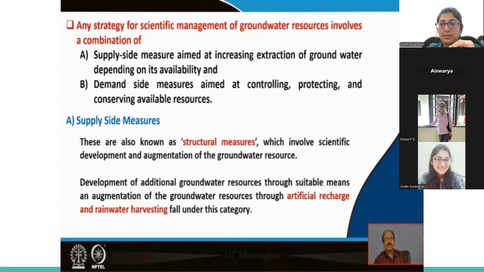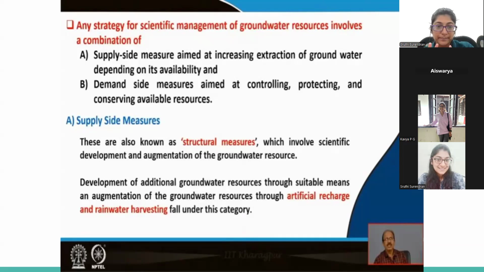Whereas the demand side measures take care of how the groundwater resources can be managed in such a way that it is available for usage to all of the end users in whichever way they require it to be used. So this will involve techniques that control the extraction of groundwater, protect the quality of the groundwater, and overall conserve the groundwater resources. Now, these supply side measures, which is basically managing how we can utilize or how much water can be extracted in a sustainable manner, is also called